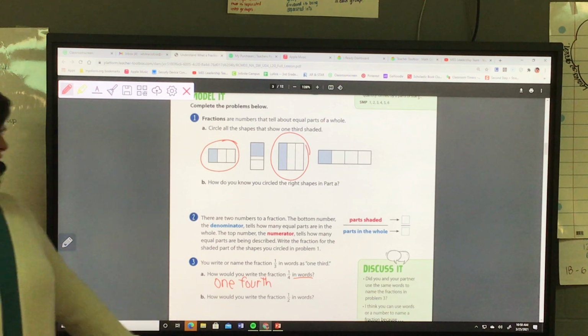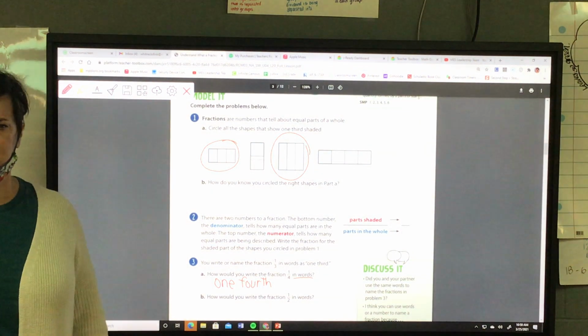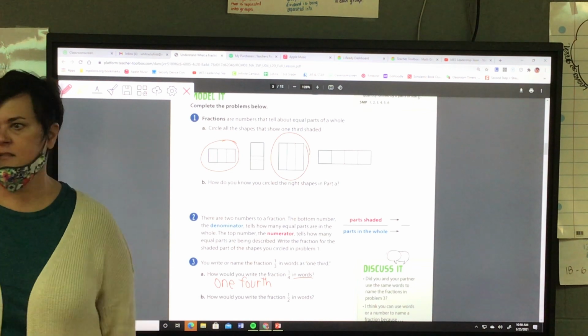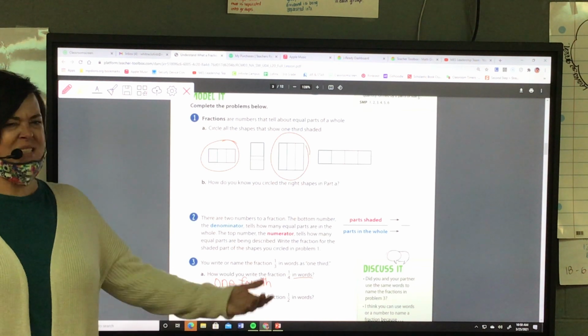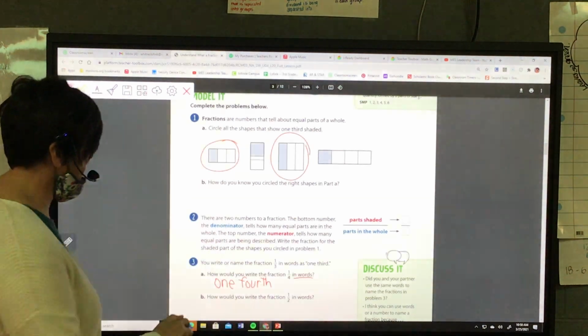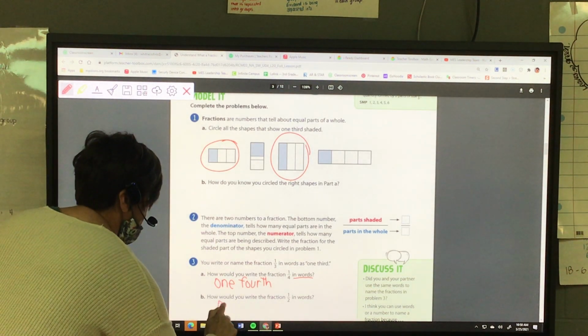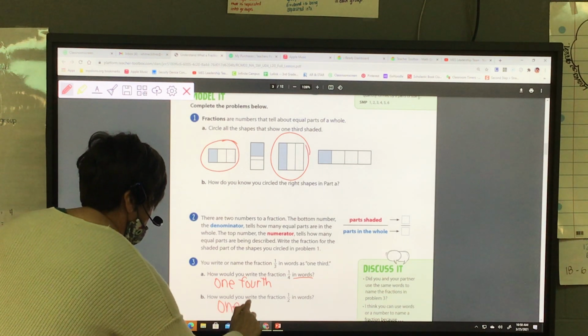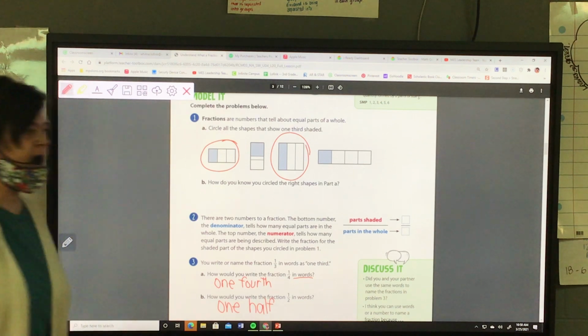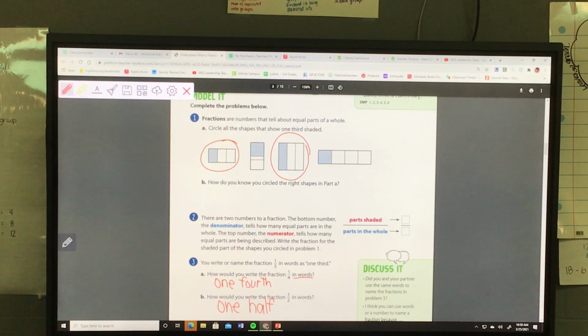Would you say 1/2s? No. 1/2ths? 1 seconds? No. What's it going to be, everybody? Half. Let's write that down. Half. There's that silent L in half. Otherwise it's